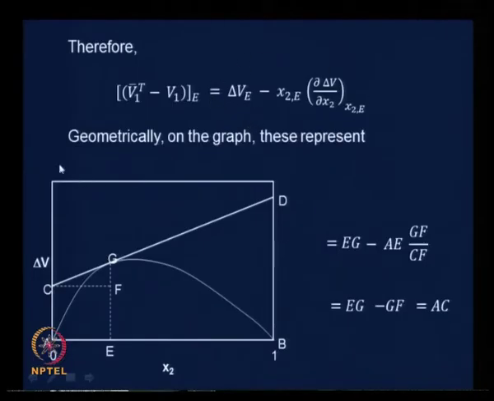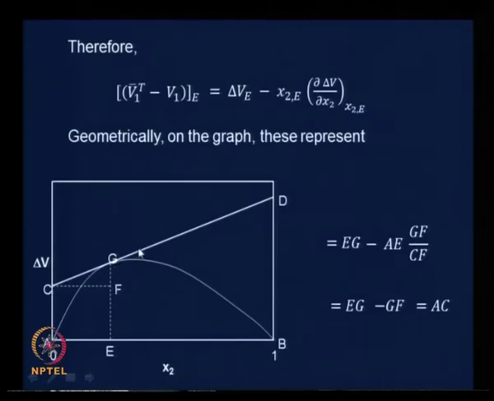The basis for that was brought down to this equation, which could be geometrically interpreted, or these terms have meanings as lengths on this graph. For example, delta VE, the volume change on mixing at the mole fraction given by the point E, is nothing but this length GE, because that is the point that corresponds to the curve at the mole fraction given by the point E. So EG is that distance, times x2E, which could be AE or CF, they are the same lengths. So AE times GF